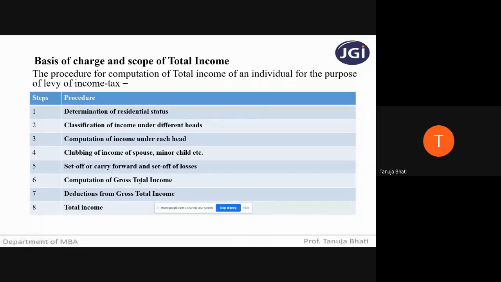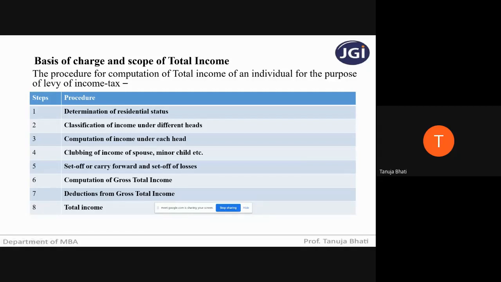So from gross total income, we minus the deductions, then what we get is total income, which is nothing but total taxable income. And on this total taxable income, we are supposed to calculate the tax based on the slab rates, like under which slab the income is falling and what is the slab rate for that. Based on that, the rate has to be charged, and we will determine what is the income tax payable by a particular individual.